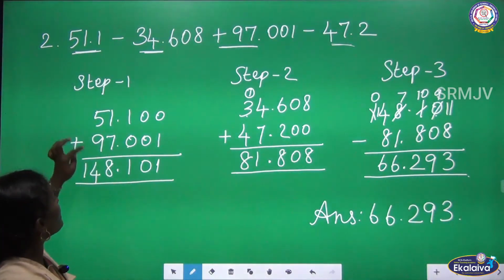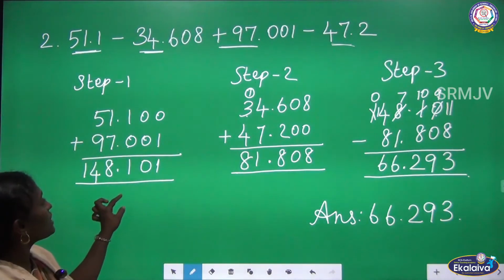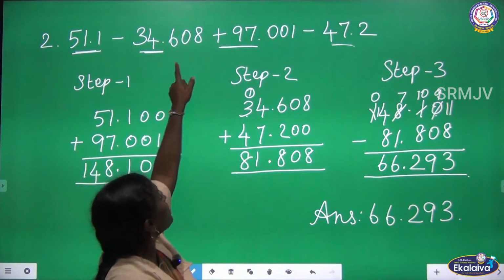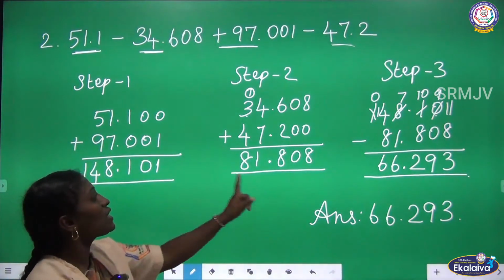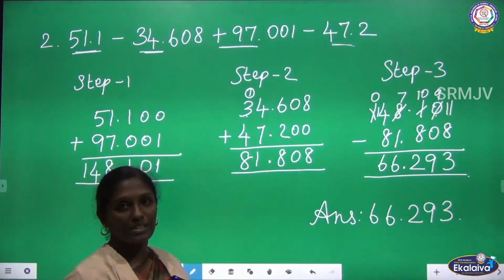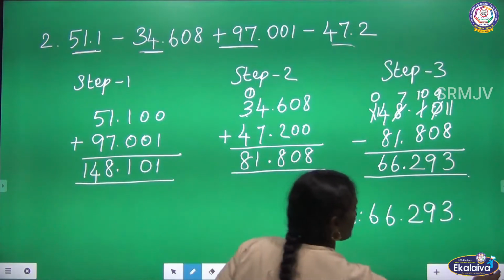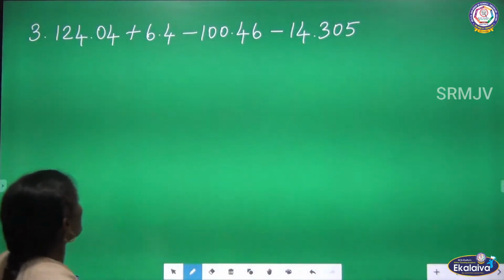Here we are having two numbers which are having plus symbol and two numbers which are having minus symbol. So we are adding the numbers which are having plus symbols in step 1 and the numbers which are having minus symbol in step 2. In step 3 we are subtracting these two answers. Is it clear? Then next number